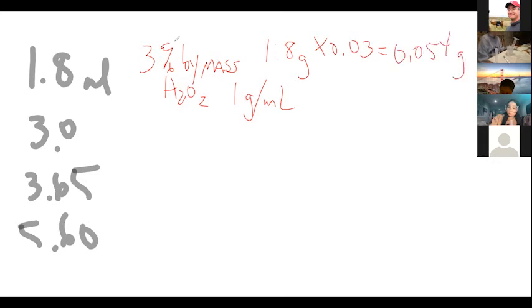0.054 grams of H2O2. Now, grams aren't going to help me because a gram of gas doesn't take up a certain volume. A mole of gas takes up a certain volume. So I need to convert that to moles. And the information we're given is that H2O2 is